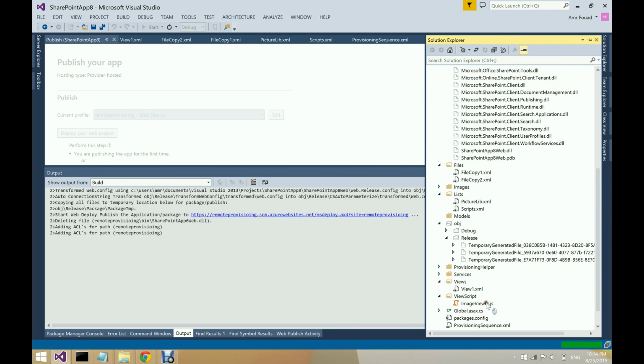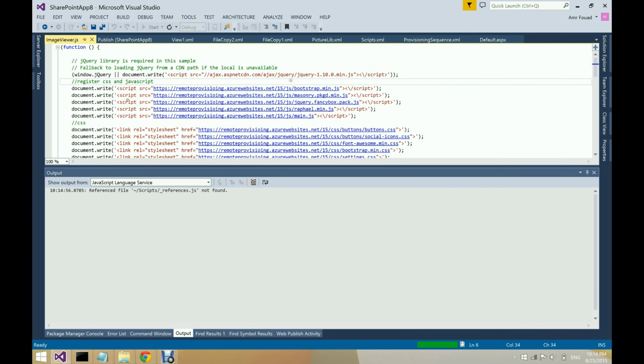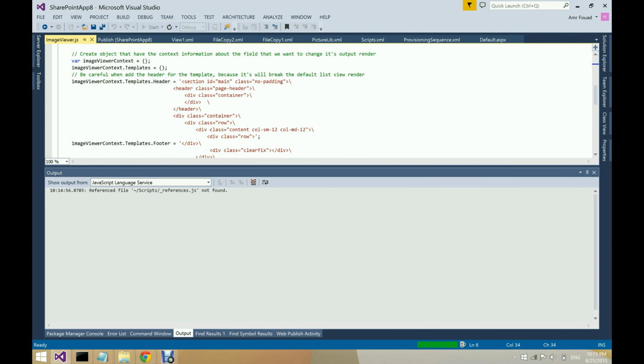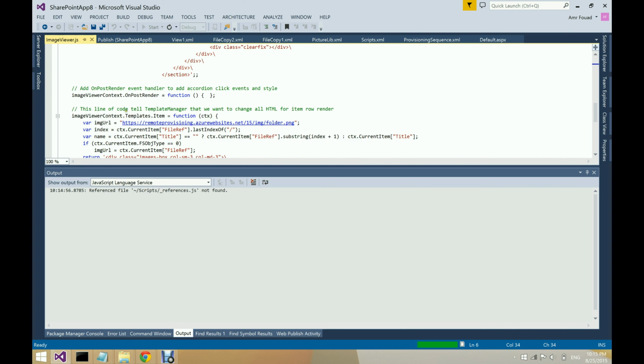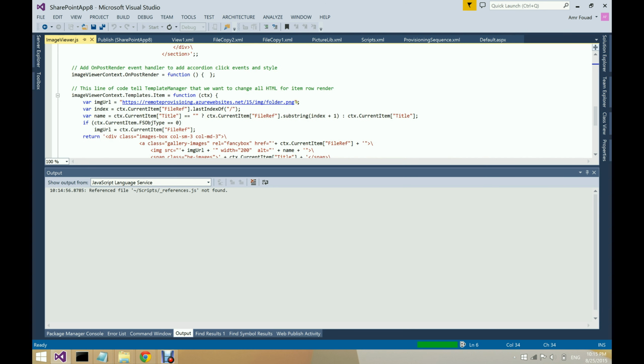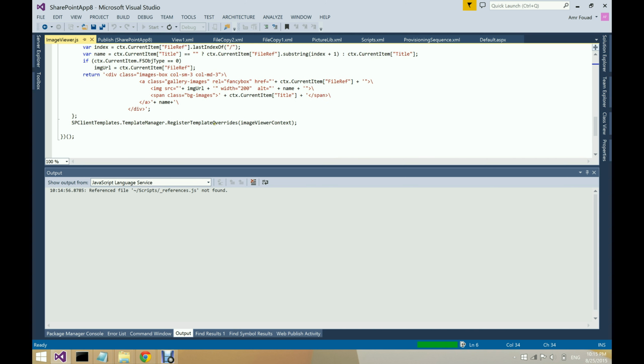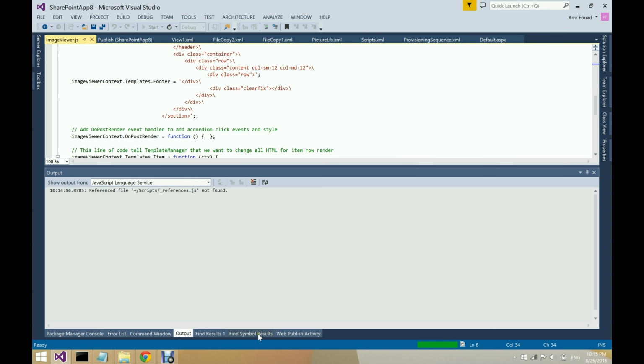let's take a look at the image viewer JavaScript. It basically registers some scripts and some CSS classes, and then this will have a header for the images, have this HTML, and we have this footer, and for each image we'll have a default folder image. If it's actually a folder, it would be rendered as a folder, or it would be rendered as is. We'll also assume, again, it's a prototype, that this will only contain images. So if it's a PDF or something, it will not look nice. And that's basically it. So let's go back to the output and see